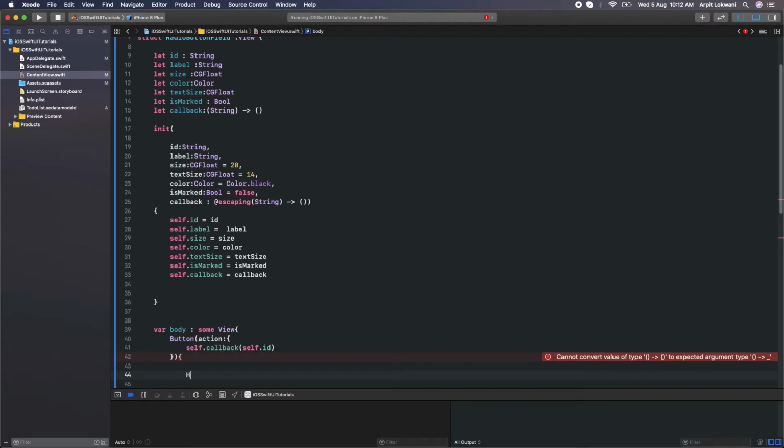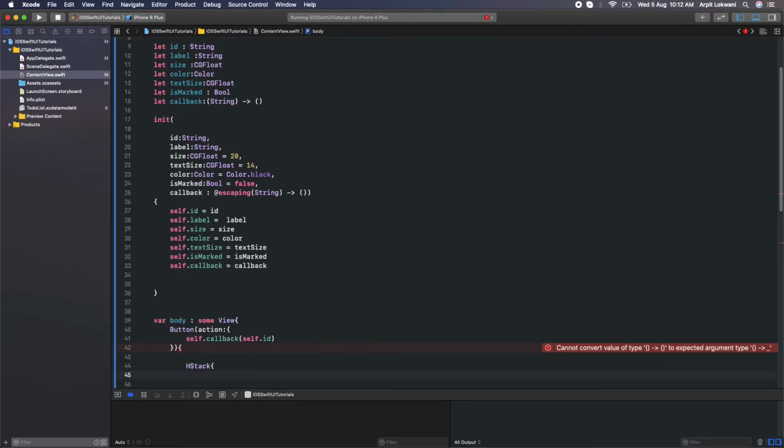It should be horizontally aligned, so I can use the alignment also here. I will say center, and spacing we can give 10. Content is not required as of now.